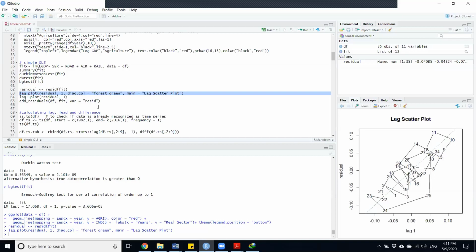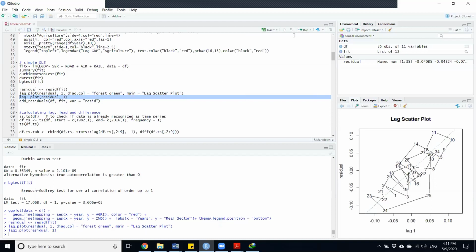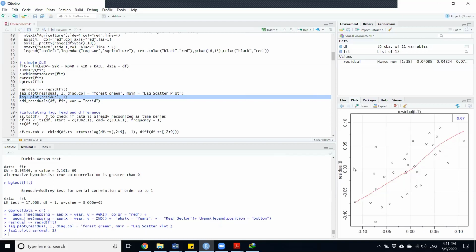Similarly, we can use lag1 plot. There's another command. This plots residual and its lag, and there's a positive slope, and it also plots its correlation value. So this confirms that there is a positive correlation between present and past lags.